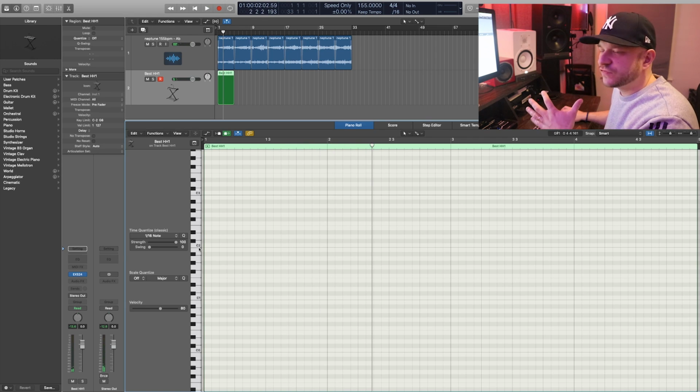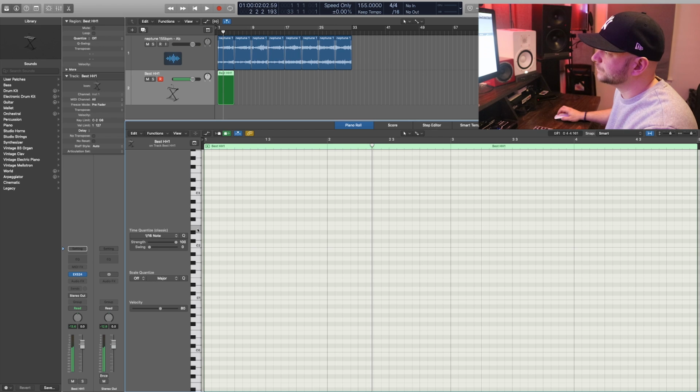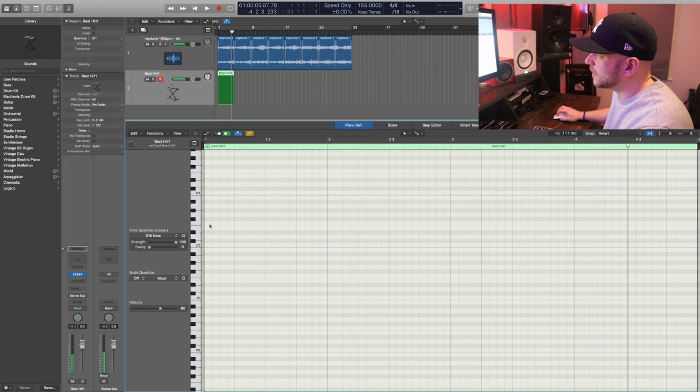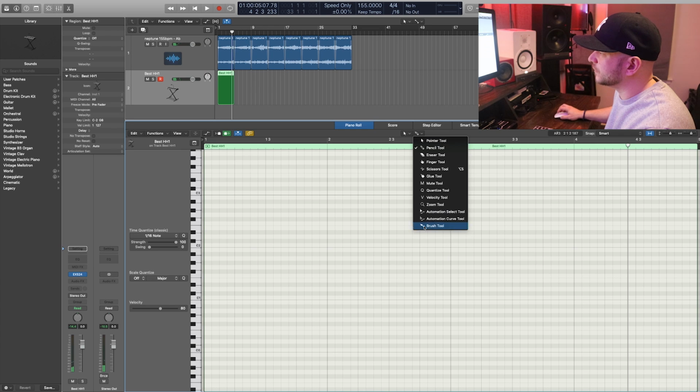I like to find the pitch first before I start laying down my hi-hat so I can figure out how it's going to sound. I like a higher pitch like that, so let's use our brush tool, go to an 8th note,